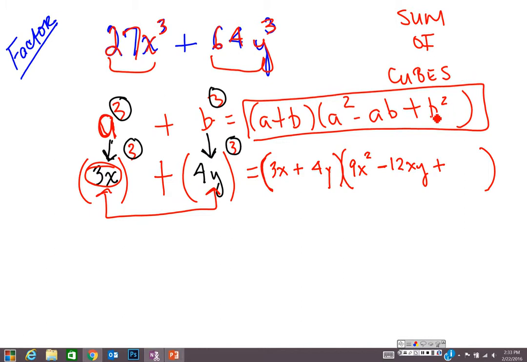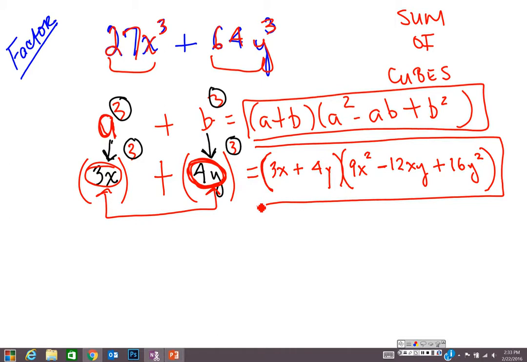Now let's square b to finish this factorization. If I square b, I'm squaring the 4 and the y together because b is 4y. So squaring b will give me 16y squared, because 4y times itself is 16y squared. And this is your answer for this sum of cubes problem. And that concludes this